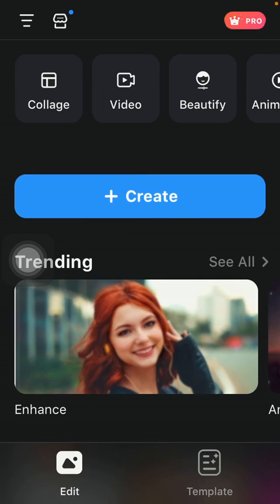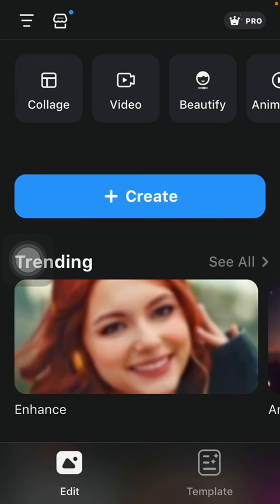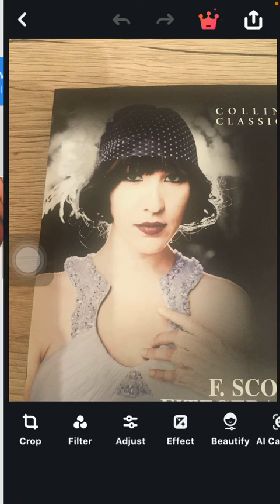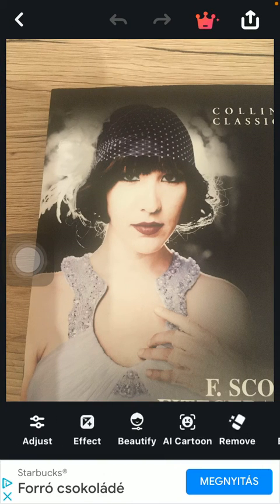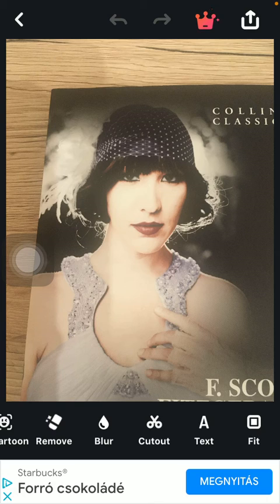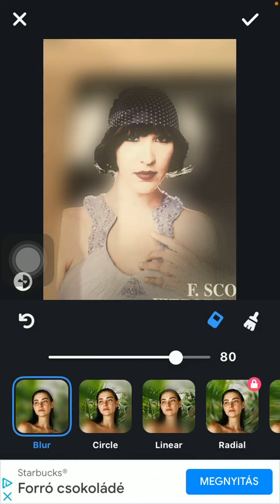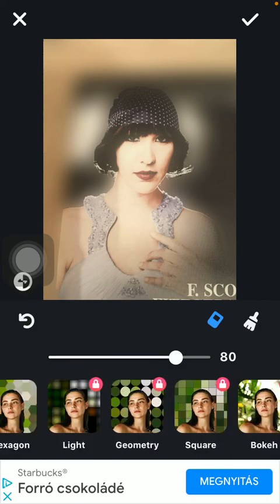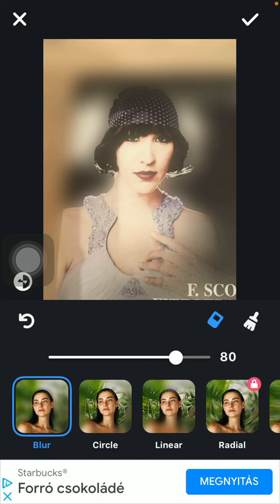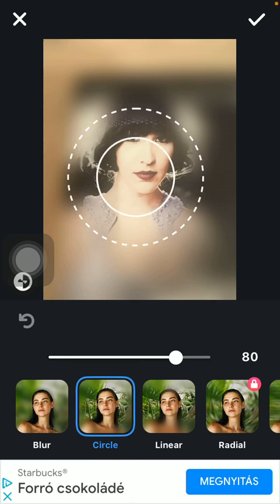First of all, open the app on your phone and tap on the create button. Select a picture you want to edit and then slide to the right side of the screen until you find this blur option. Here you can choose from a bunch of presets such as blur, circle, so you need to